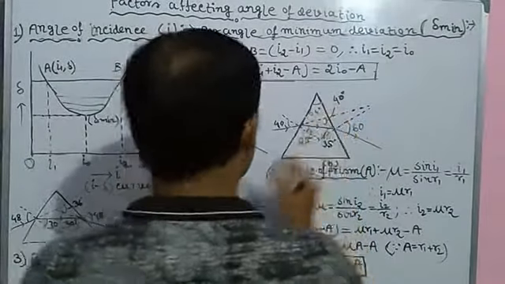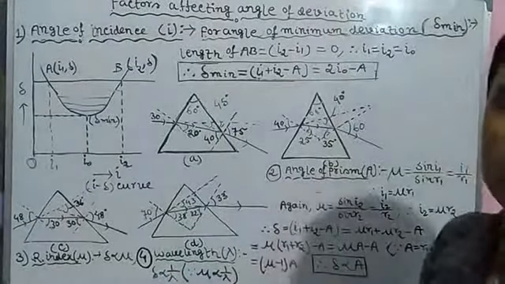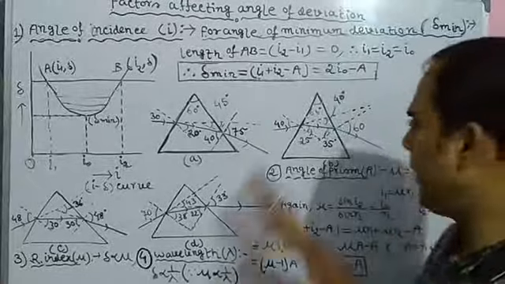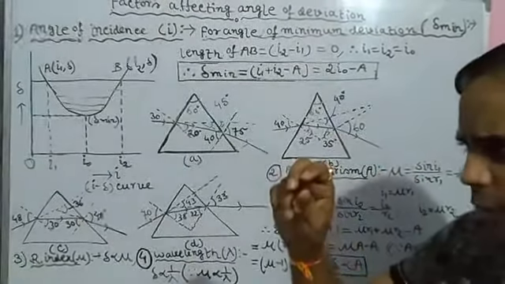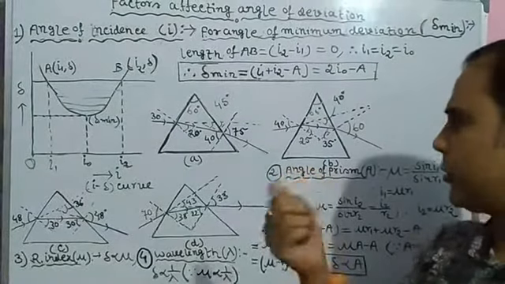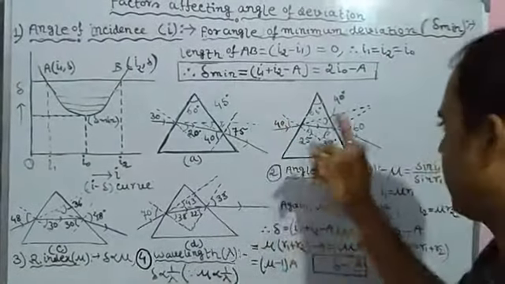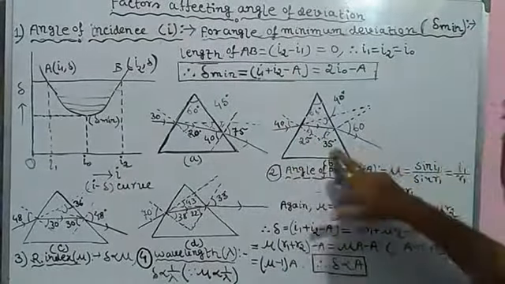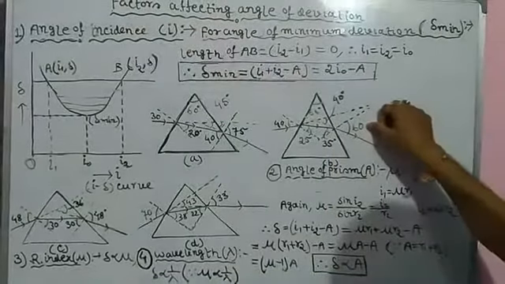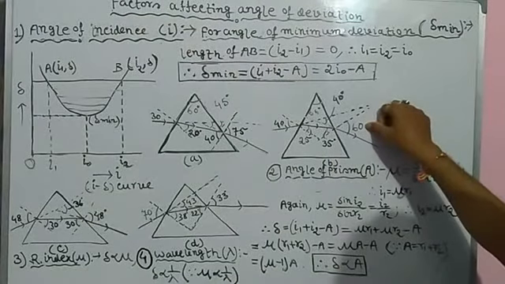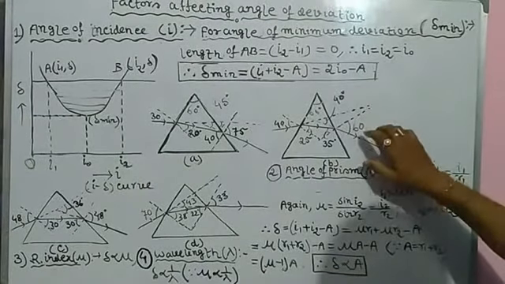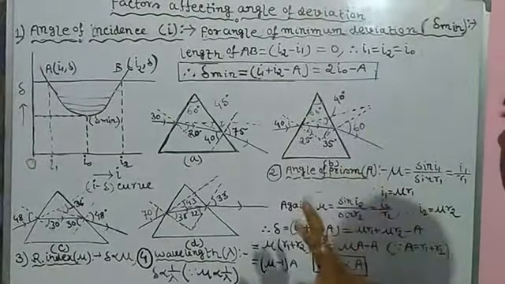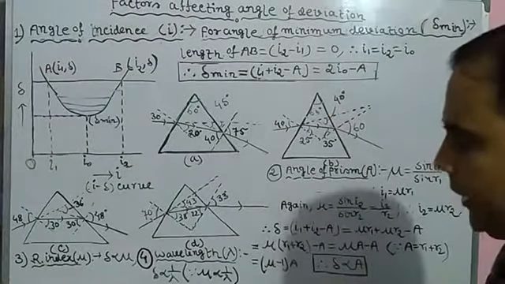Since it is a given prism, the prism angle cannot be different because the prism is the same. Only due to the change in its direction or rotation, the angle of incidence changes, which in turn changes R1 and R2. Look at the angle of emergence I2, 60 degree. Again, what will be the deviation? I1 plus I2, 40 plus 60 is equal to 100, 100 minus 60 equals 40 degree.